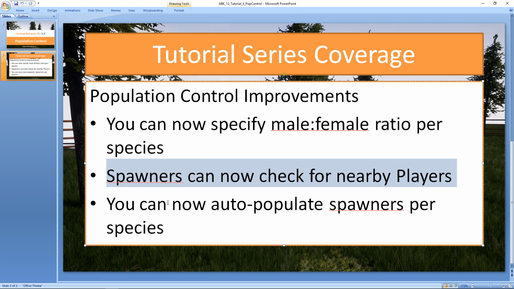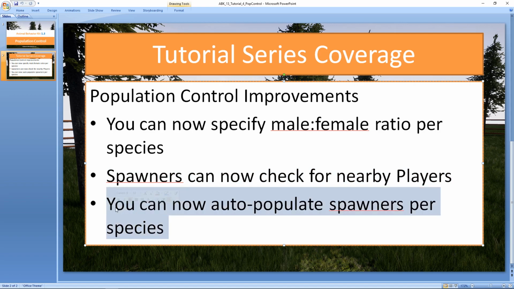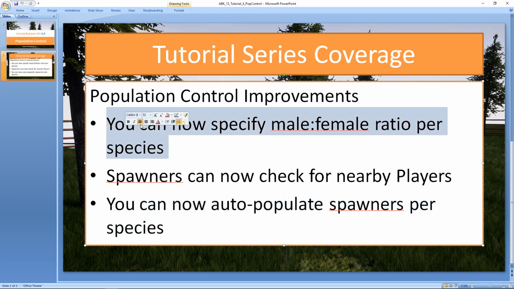And finally, this is again for convenience. You can now auto-populate the spawners per species, again similar to the animal spawners, but this is different. This is using the species tag, and we'll see all of that in just a second. So let's go ahead and jump into Unreal, and let's take a look at how to use the male to